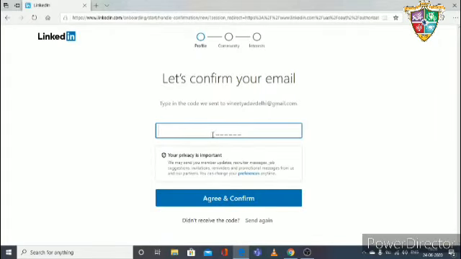Let's confirm your mail. One verification code. Go to your email, the email ID which you put in, and check the verification code on your email ID. And I am putting the verification code here, and agree and confirm.